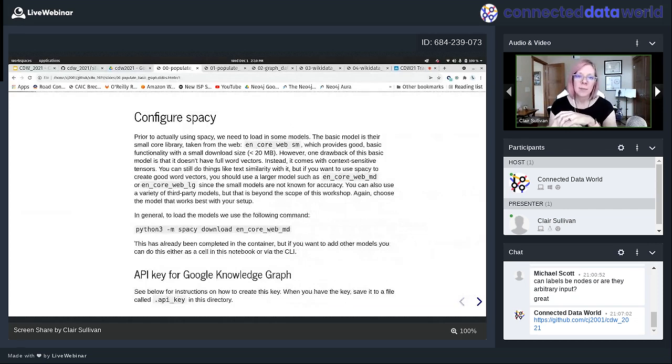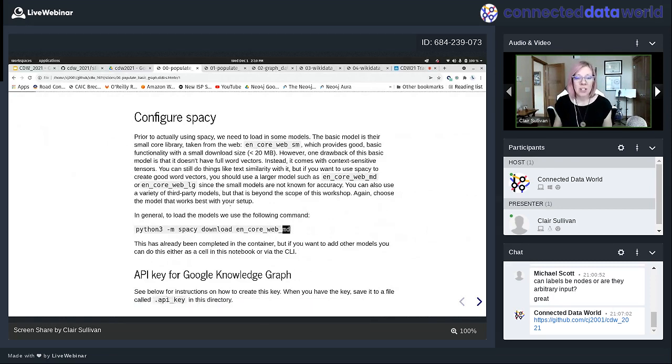Now, I do want to say something about this, because the spaCy named entity recognition is a function of which vocabulary you pull in. And the vocabulary can come in a whole bunch of different sizes. The one we're going to use today is this English Core Web MD. It took basically the entire web in English, and they created MD, a medium size vocabulary out of it. There's also a small size vocabulary, and a large size vocabulary, but there's a catch here. You might say, hey, I should just get the small one. The problem is that the word vectors we're going to be using do not fully exist in the small library. So at a minimum, you want to use the medium one.